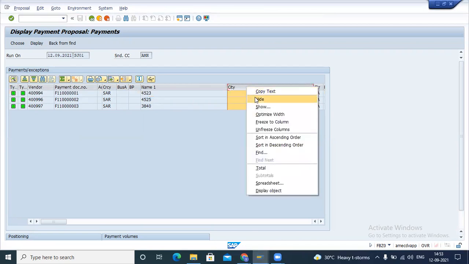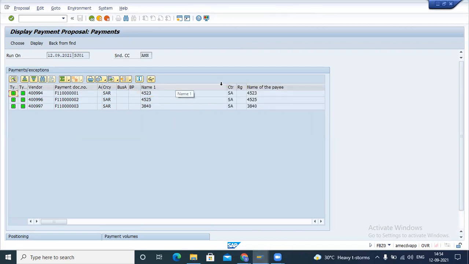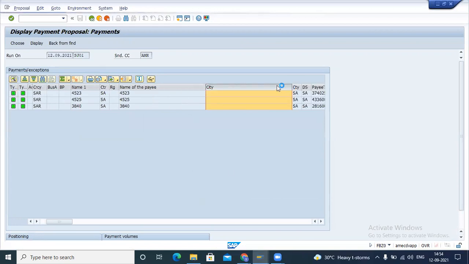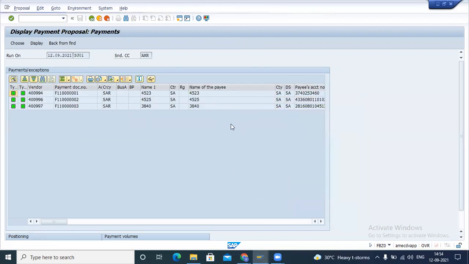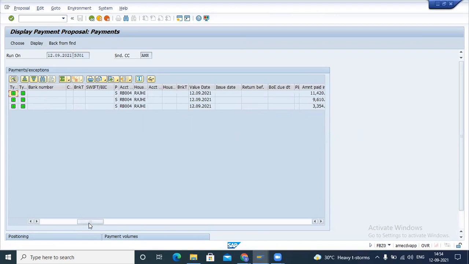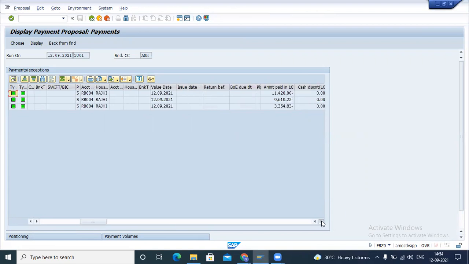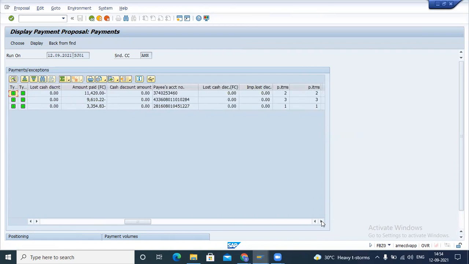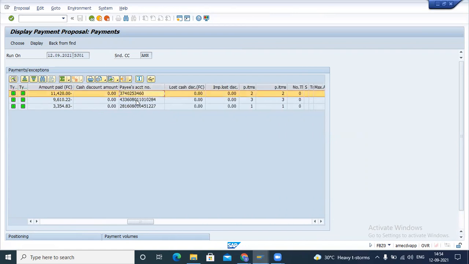I think this should not be an issue, and you can create this layout as per your needs. You can hide columns and download this sheet from here. In this sheet all the amounts are also coming, and in fact the bank account number is also coming if it is maintained in the vendor master data.